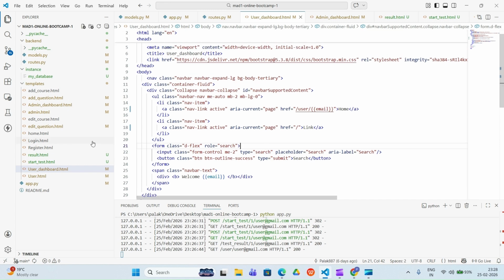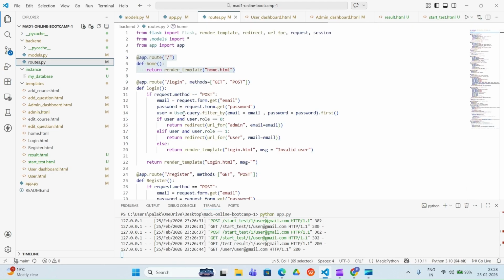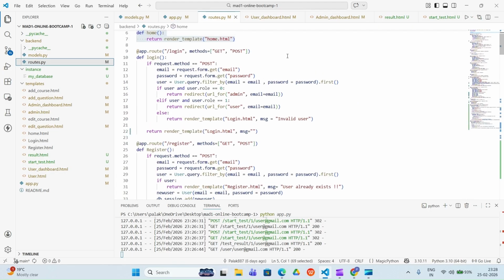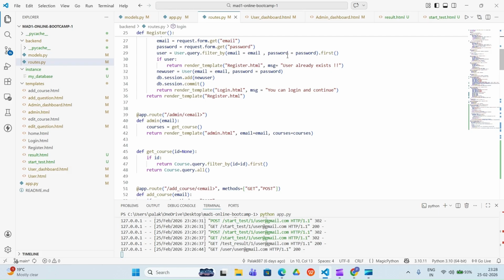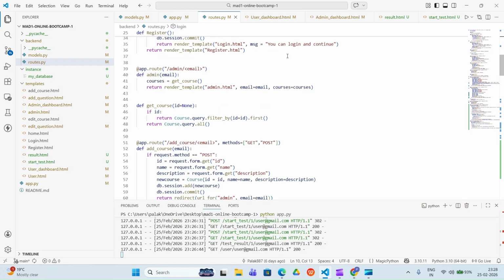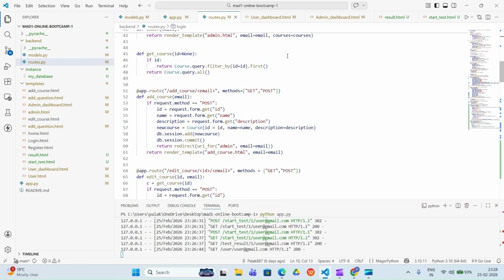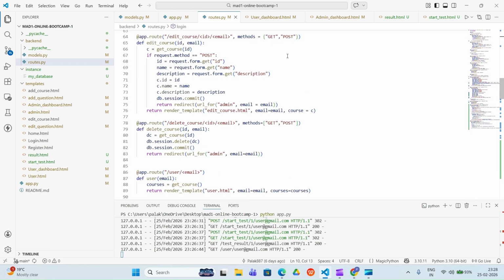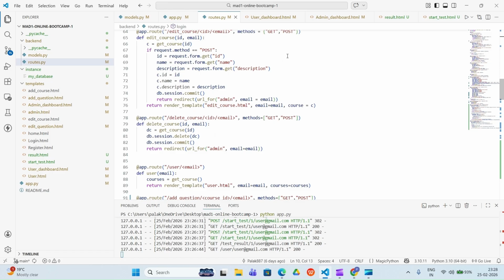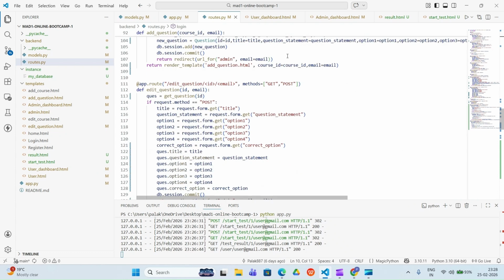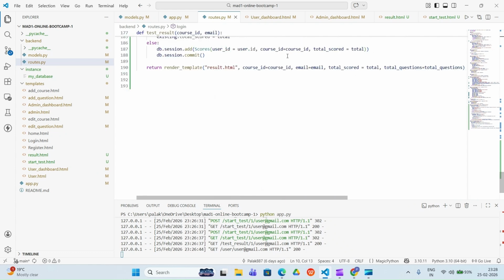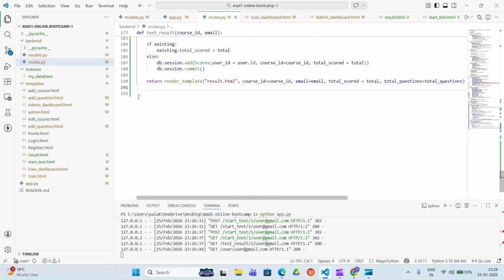Now we are going to implement the search bar. For implementing the search bar, what are the things we require? Firstly, we need to have one route for the search bar. So let's create the route and then we'll be back to it. Let's go down here and create the search bar route. We'll create one route here.